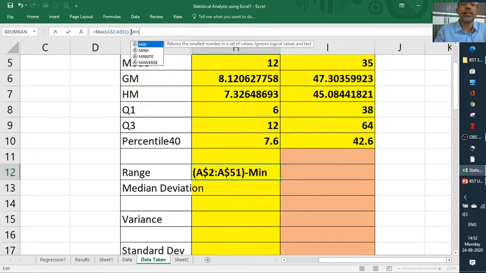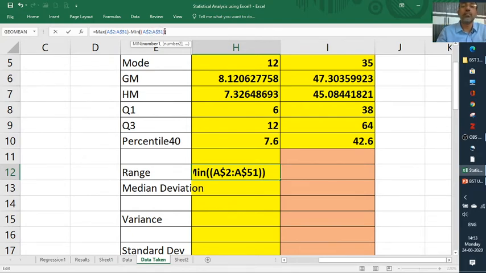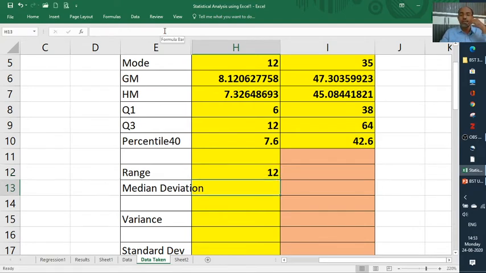Min is nothing other than minimum. So you will get the answer: maximum minus minimum. Maximum means the highest value, minimum means the least value. The largest and least values are called maximum and minimum. If you want, you can write here also what is min and what is max.